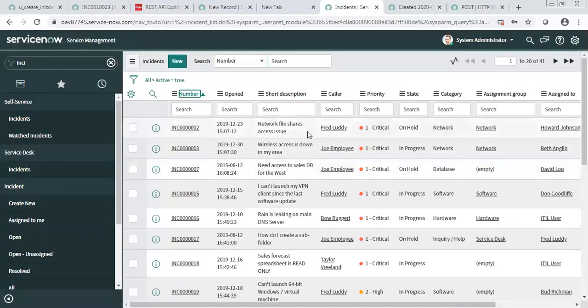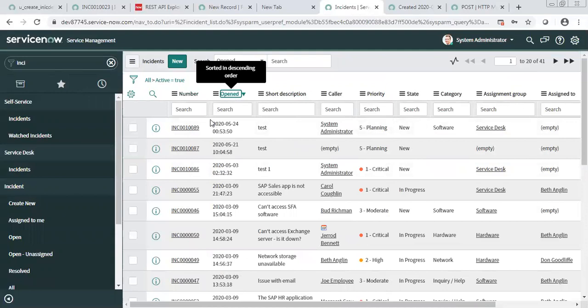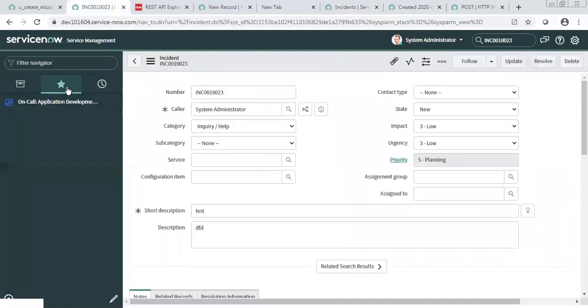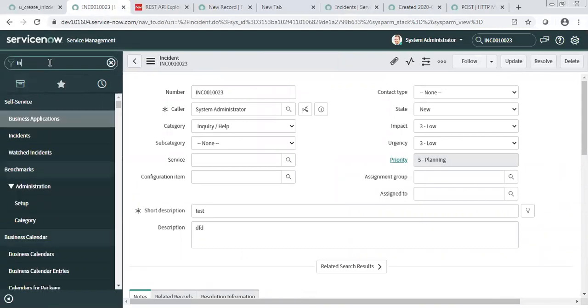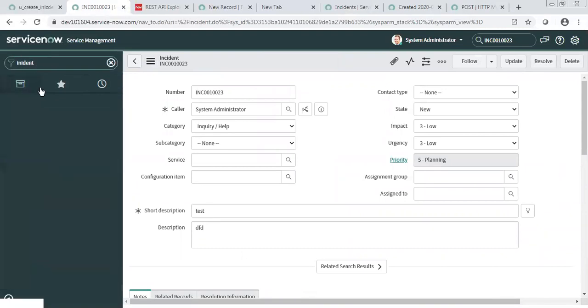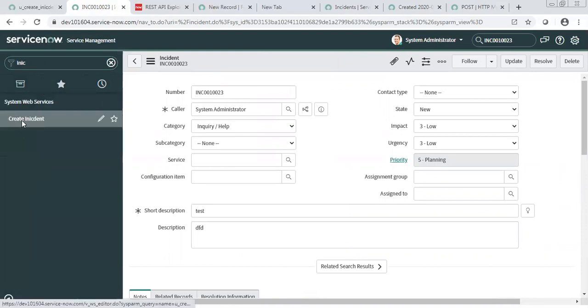If I go to open, I am in your instance. But it should also be there in my instance, since we have created it in our instance. Yeah, it will be there, but the number will be different.